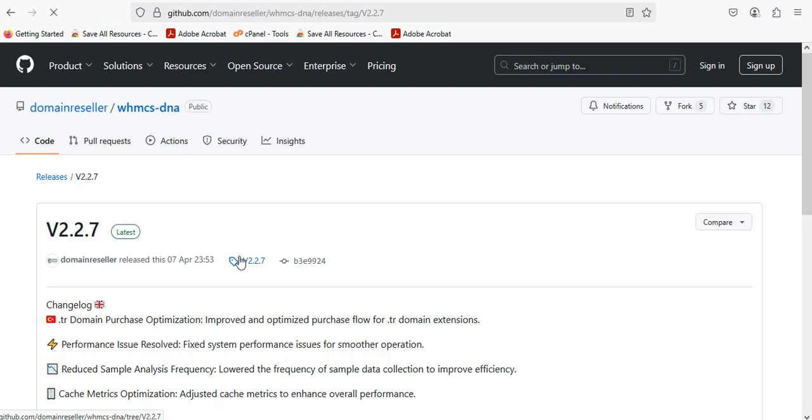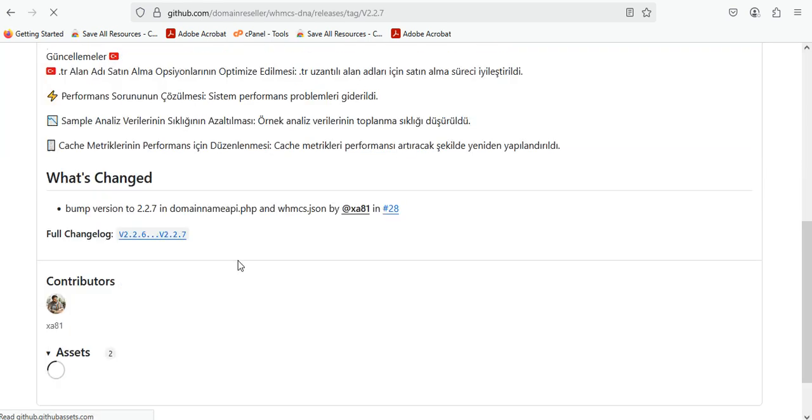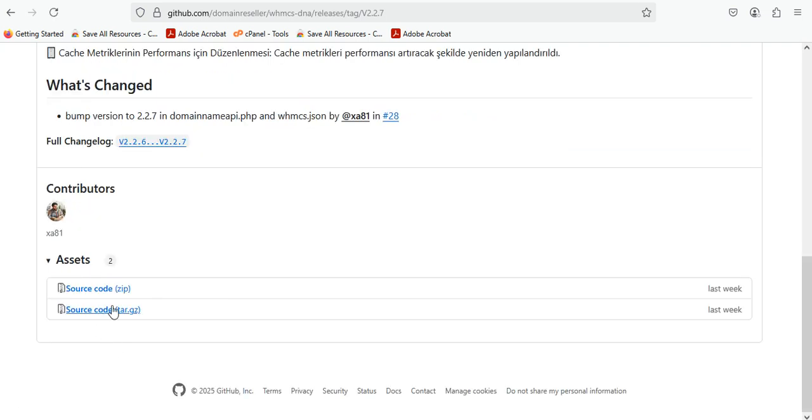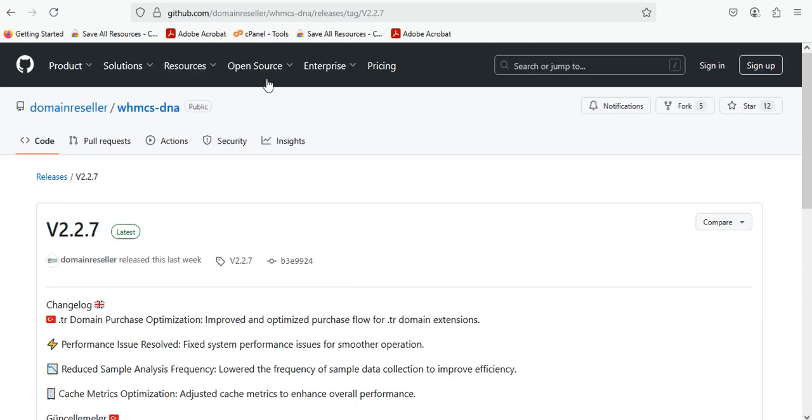I'll just show you how to download it. I don't think I will be needing it because I already have the file on my system. It's loading. Let me show you how you can get it. Alright, it's done. You just click this zip source code and it will start downloading. But for me, I've gotten it.